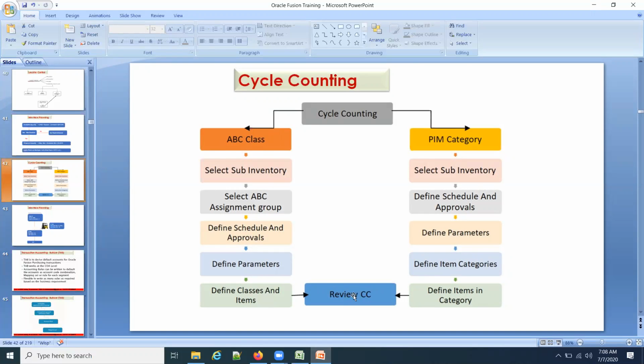So finally you will review your cycle counting. Once you submit your cycle counting, the remaining process is the same. We will run one program to generate the schedules, and one more job to generate the sequences. Then your warehouse operator will count the results and import those results into the Fusion application. Depending on the discrepancy, once you approve, if any discrepancy is there, the system will automatically create adjustment